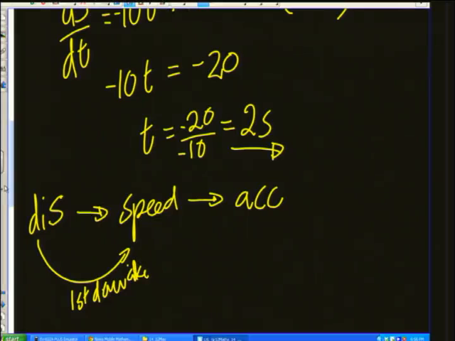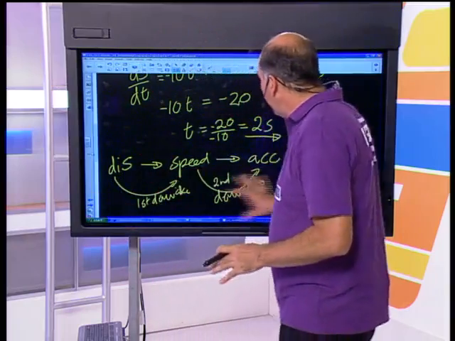And so what we're saying is, at the maximum height, the speed is 0. And if we take the derivative of the speed equation, you will get the acceleration. This is the derivative of that, and it's sometimes called the second derivative. The second derivative will give you the acceleration. We will have more to say about second derivatives next time when we're sketching cubics, but I hope for the moment that you can